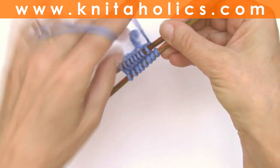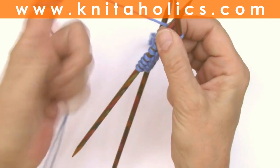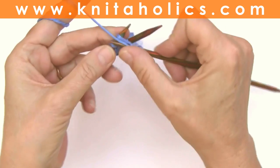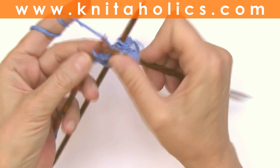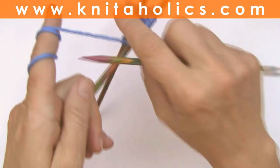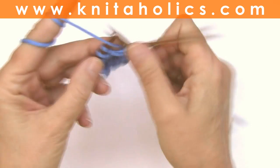Now putting the wrong sides face to face, we continue with the first round with seed stitch, alternating knit, purl, and in the next row purl, knit. So starting knit, purl, and next round an offset of 1. So we are knitting 6 rounds of seed stitch, 4 rounds without any increase,